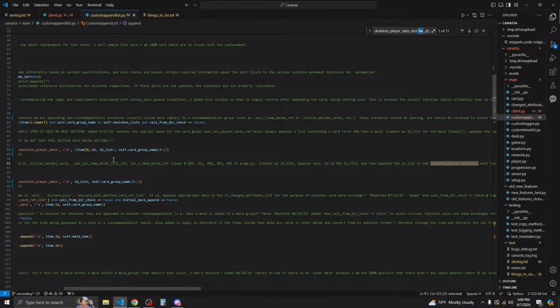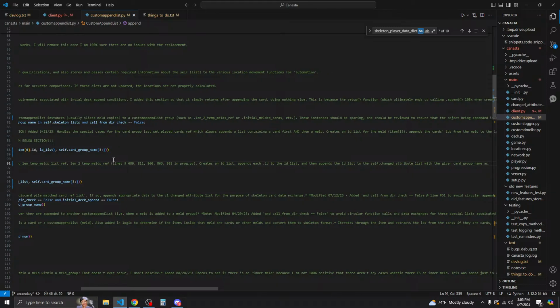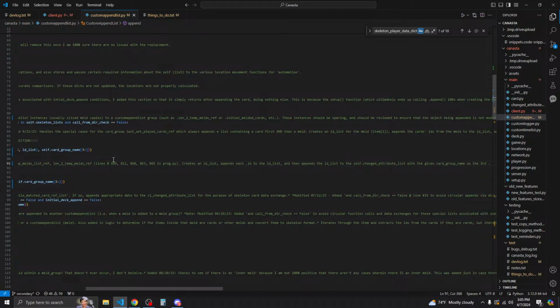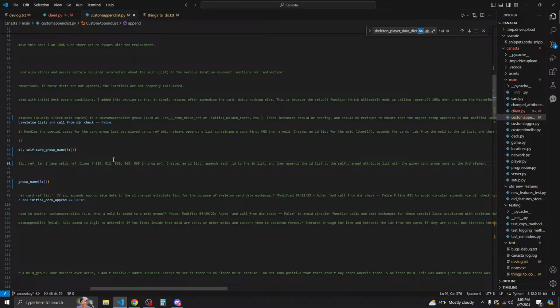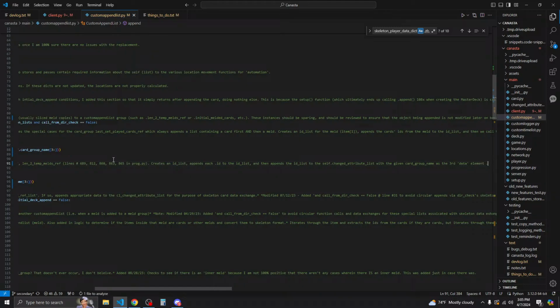Well, actually this is going to be the self dot changed attribute list with the given card group name as the third data element.